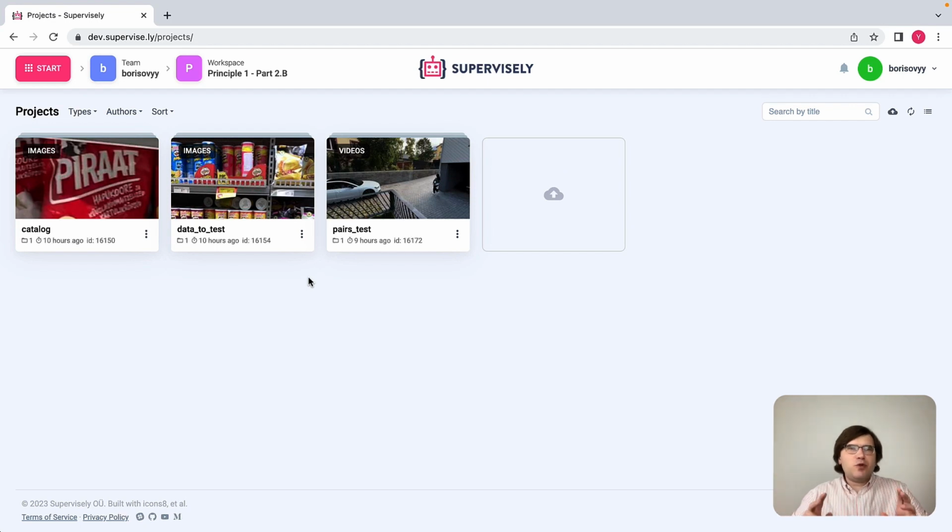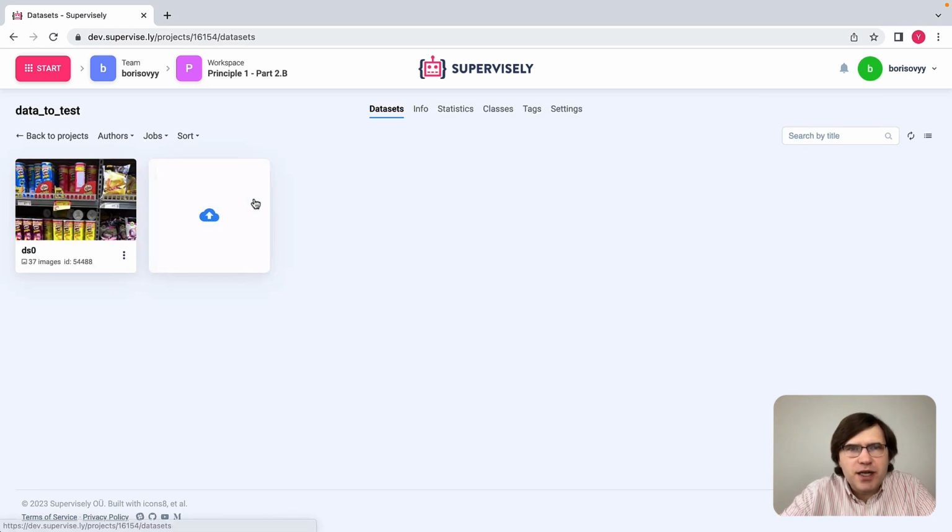Colleagues, I have two more examples to show in this section. The first example will be related to images and customization of labeling interface for a specific task on images, and my second example will be about customization of labeling interface for video for a very specific task. Let's start with the first example on images, and in this task what we have